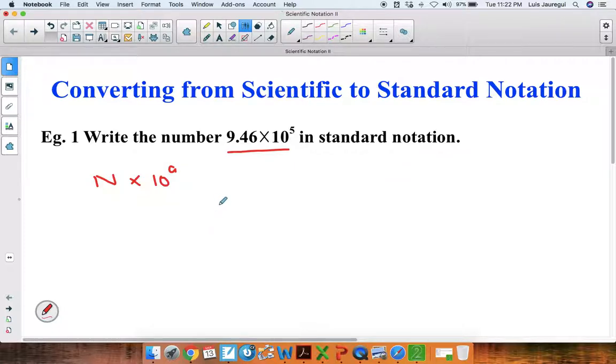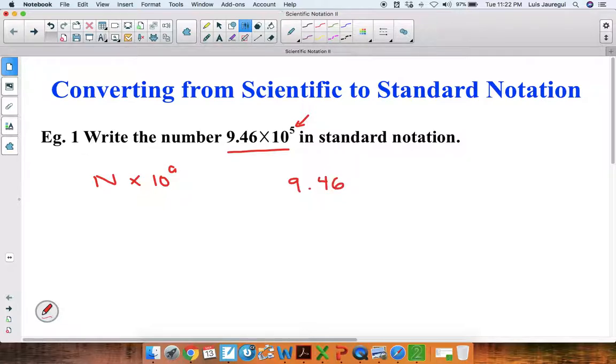So, in order for us to convert from scientific to standard notation, what we need to do is to pay close attention to the exponent for the base of 10. In this particular case, you notice that we're given a positive 5. So that means that this particular expression is greater than 1. So we take the